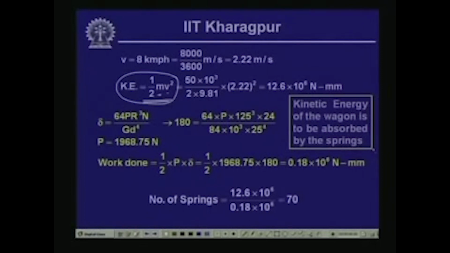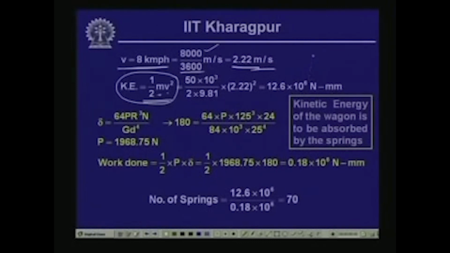Now, as indicated here, the velocity of the wagon is 8 kilometer per hour. If you convert it in terms of meter per second, 8 kilometer is 8000 meter, divided by hour converted in seconds. So, this gives us 2.22 meter per second,